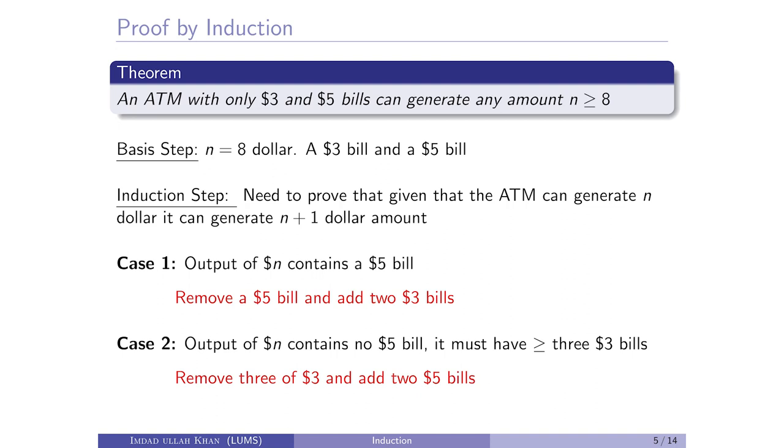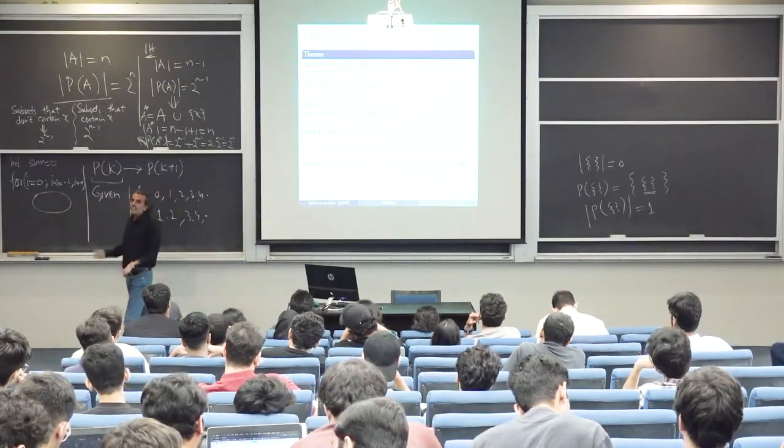If the output contains a $5 value amount, how many $5 value coins are there in the sum? At least one. No, just look at case 1. What does this statement say? It says it contains a $5 value amount. So the baseline is that we are not sure about more than one possibility. The $5 value coin might be repeated many times, but at least one is there in case 1. So if it is there, then the situation is very simple, and that is